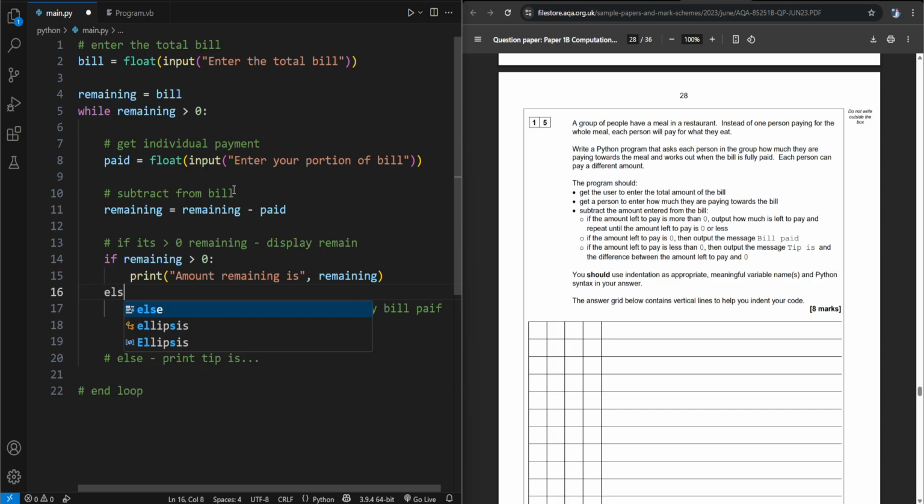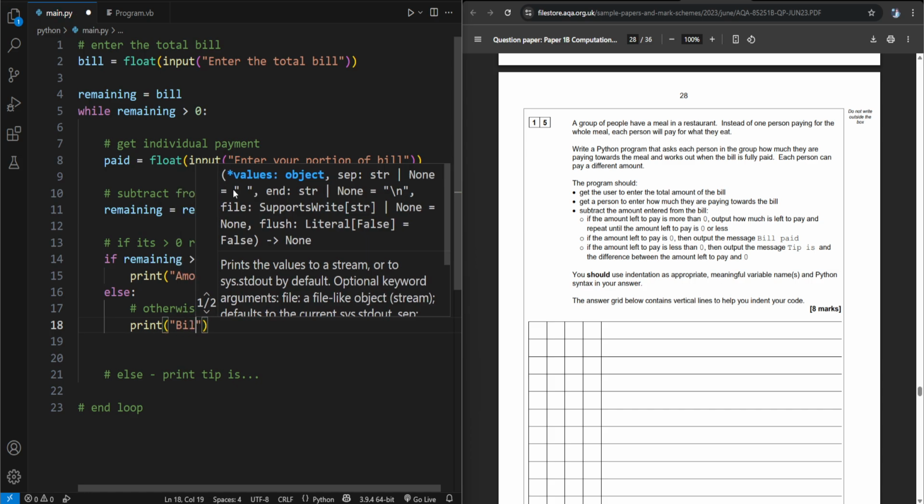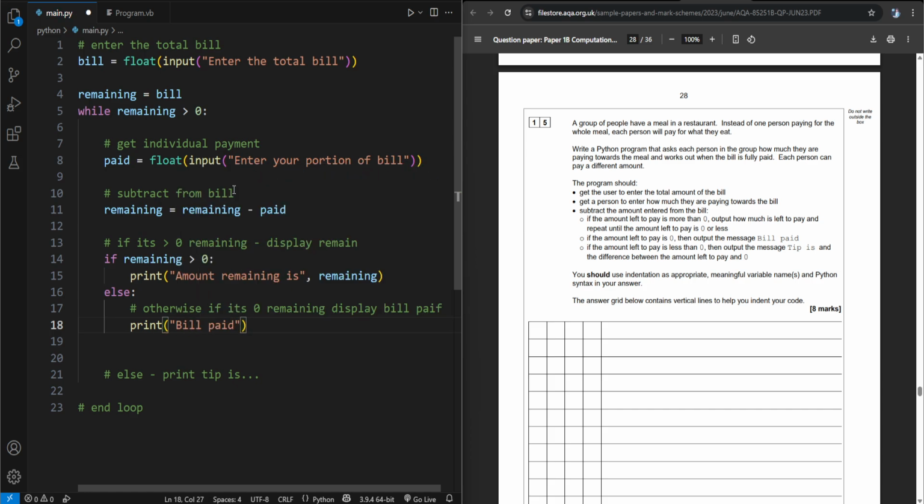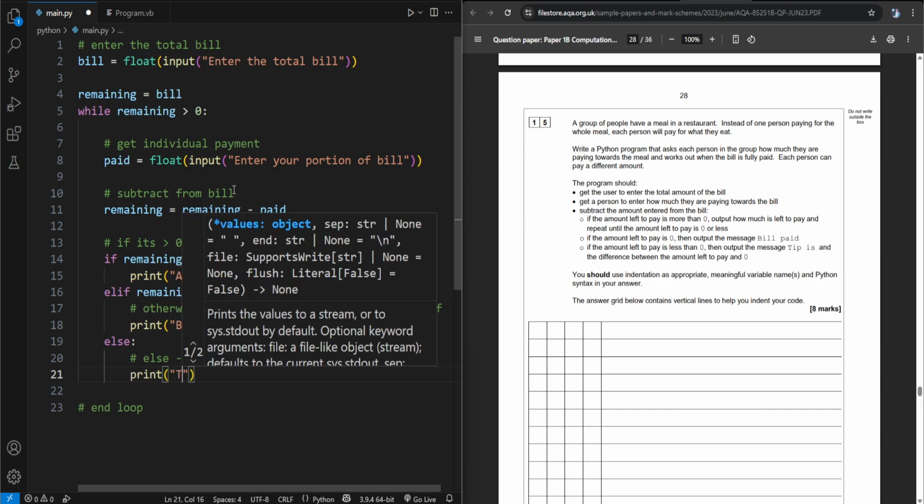we want to say else. So if we want to say print bill paid, and that's a lie. We want to say if remaining is exactly equal to 0, then we want to do that. Otherwise, we are going to need to say that the tip is, so we want to say that the print tip